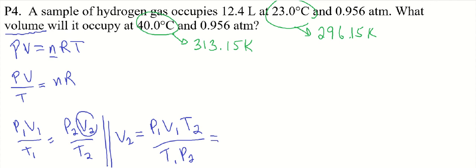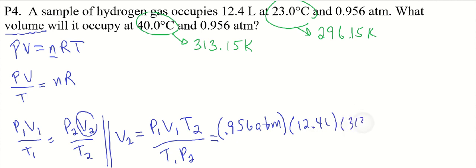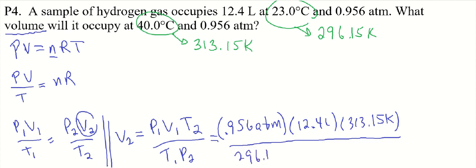All right, P1, initial pressure is 0.956 atmospheres. V1, initial volume is 12.4 liters. And the final temperature is 313.15 Kelvin. And that's all going to go over the initial temperature, which is 296.15 Kelvin, times the final pressure is